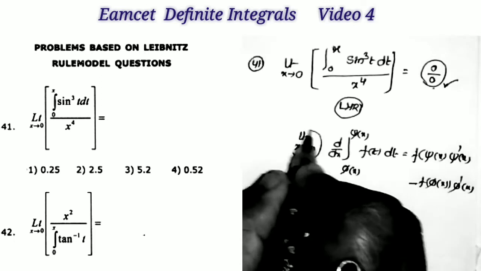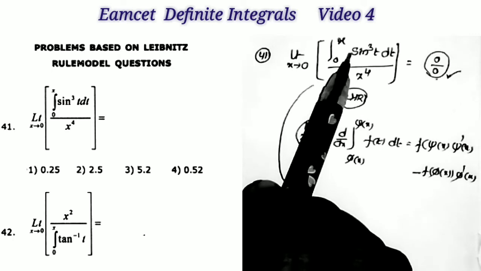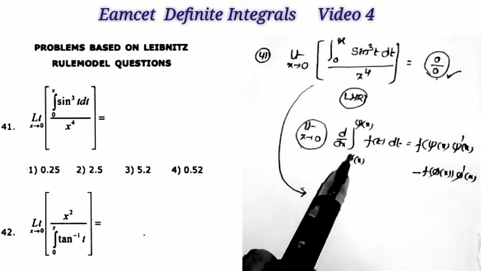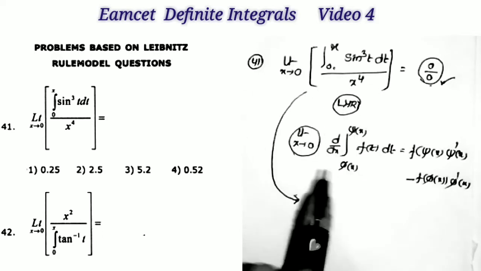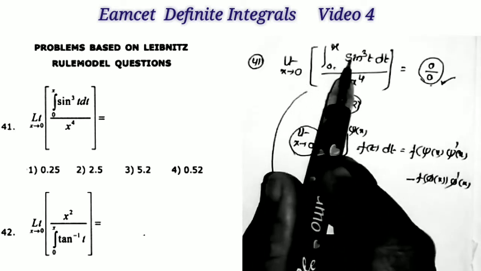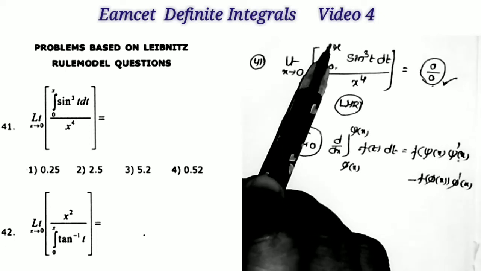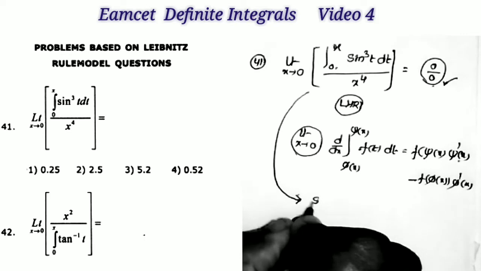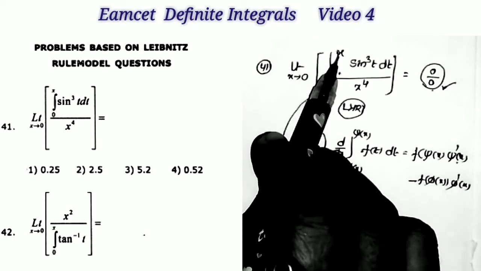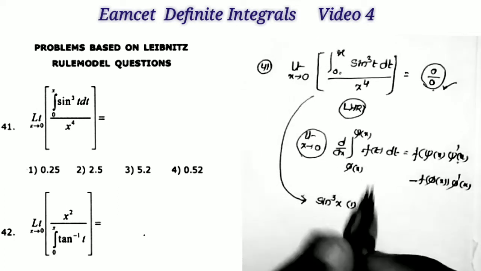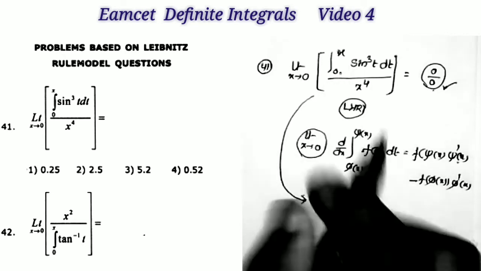Okay, so applying that formula here, direct substitution returns the value 0 by 0. Now doing the derivatives to both numerator and denominator, that is applying the L'Hospital rule. For that we are applying the Leibniz rule formula to the numerator to get the derivative of this part. What is the formula here? D by dx of this value is equals to f of psi of x into psi dash of x. That is simply replacing the upper limit in the given function, that is sine cube x, into the derivative of the upper limit. What is x derivative? 1. Minus, now replacing the lower limit in the given function, that is sine 0 is equal to 0 and 0 derivative is equal to 0.